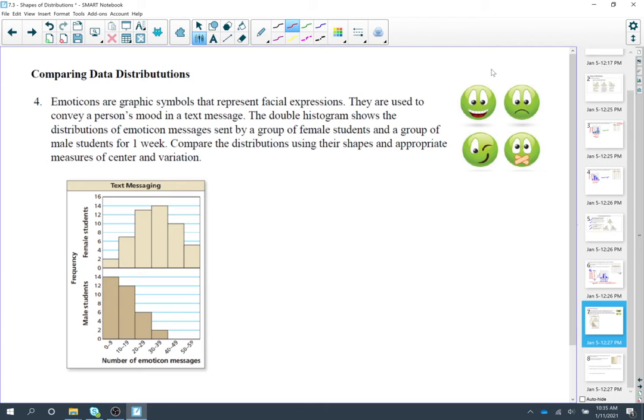So if we take a look at what's going on here, our top histogram is our female students and how many emoticons they send per week. And then our bottom one is our male students and how many emoticons they send per week. Now, we are supposed to compare these using their shapes and therefore their appropriate measures of center. So I'm going to start with our females. And if I take a look at our females, it looks to me like this is roughly symmetric. I don't have a huge tail anywhere, so we're going to call this one